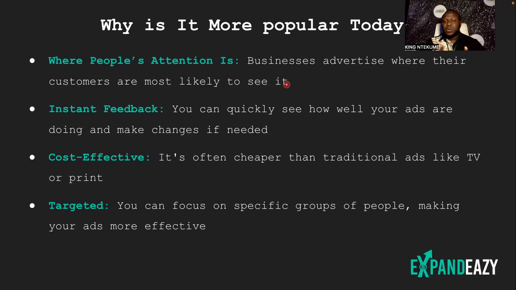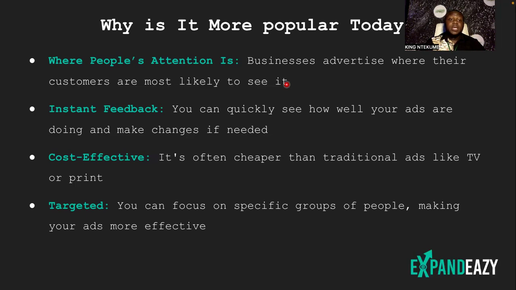There are some ads where you see the results and you know, okay, let me give it time to be able to tell if the ad is going to do well or not. But basically, you get instant feedback compared to when you use billboards. If you're using a billboard to run adverts for a particular product or service, you can't get instant feedback as to how the ad is doing, unlike when you're using social media,